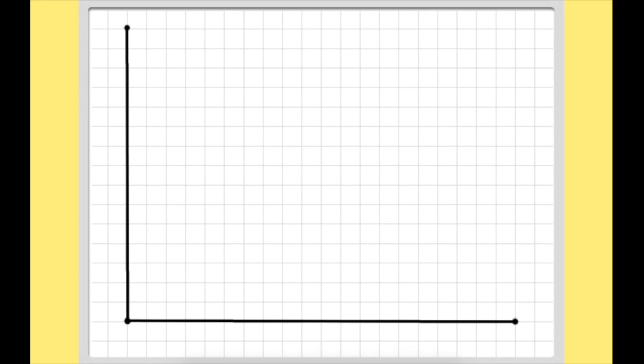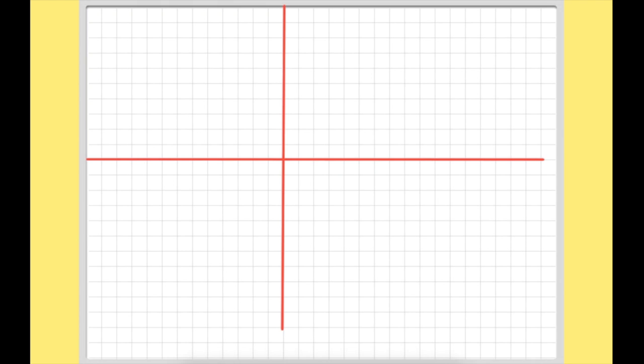Now, another way we want to look at functions is by comparing them to what we call the parent function. A parent function is the most basic form of a type of function. So for linear functions, the most basic function you can get is y equals, or f of x equals x. It has a y-intercept of 0 and a slope of 1. So if we're to graph that,